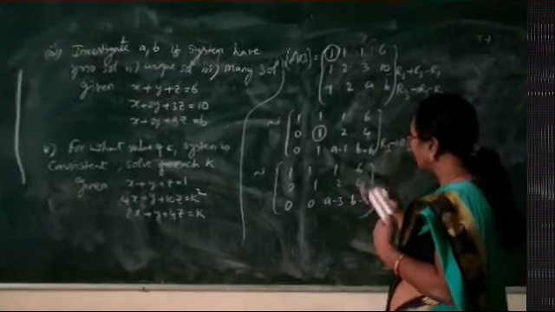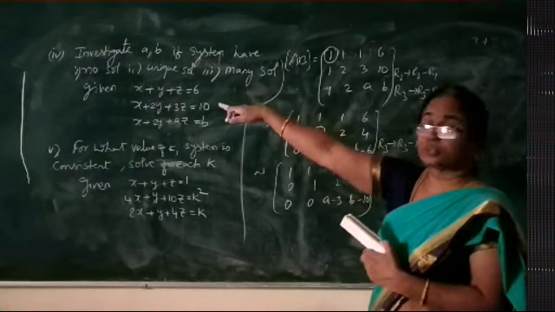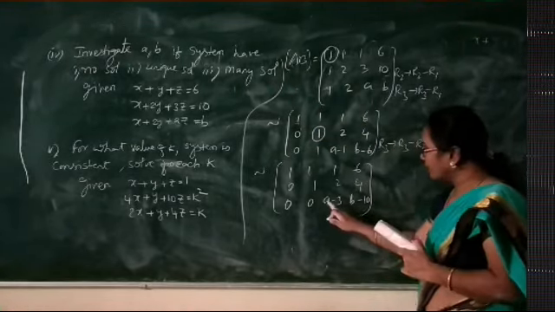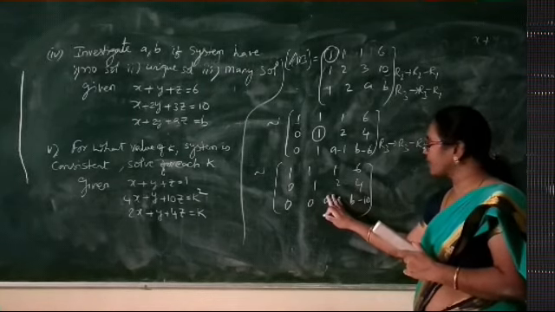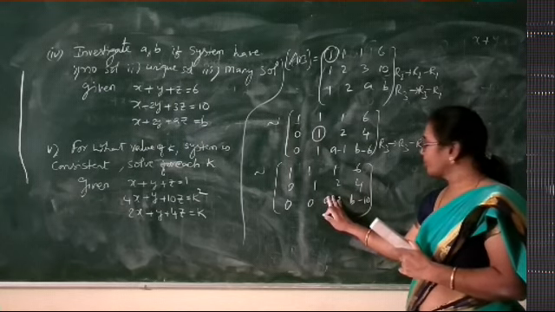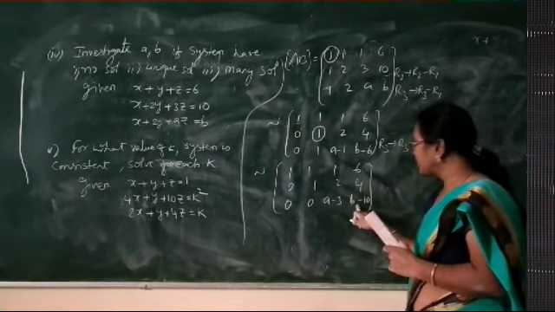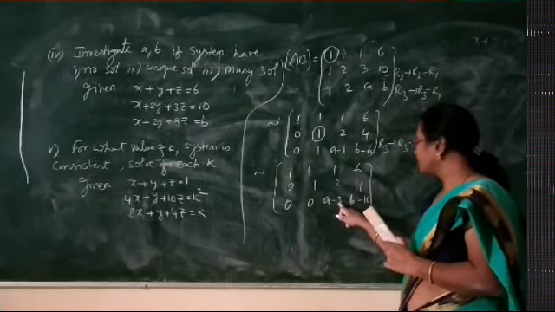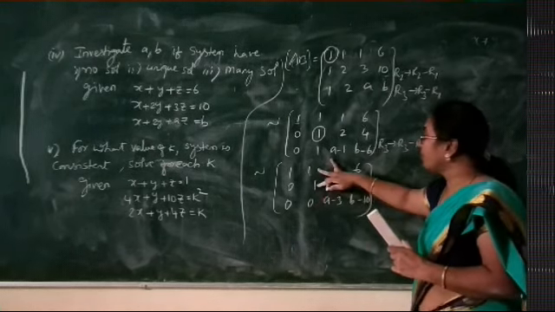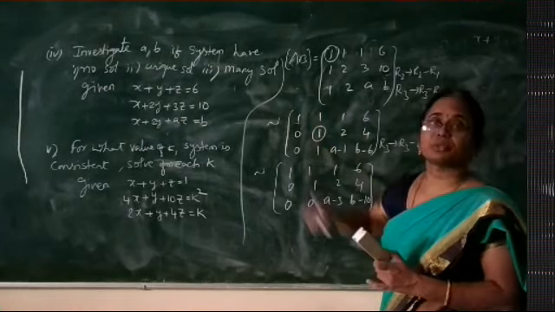So now what we have to do? We have to give some values to A and B so that results in no solution or unique solution or many solutions. Suppose we give the value of A equal to 3. What happens? This becomes 0. When A equal to 3, 3 minus 3, this place becomes 0. And B minus 10, we have B also equal to 10, let us suppose. Then this place also becomes 0. So when A equal to 3 and B equal to 10, the last row becomes completely 0, rank of A becomes 2 and rank of AB becomes 2, which gives us the case of many solutions.